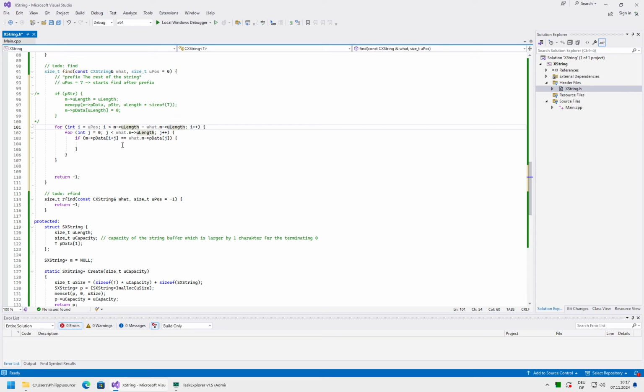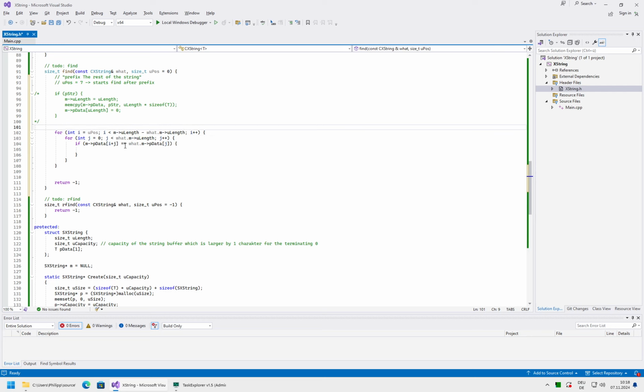There is, however, one caveat here: both variables are unsigned. You later convert it to a signed int, but this means that you will just get a very large number if m length would be bigger than u length. So you should add an if at the very beginning, before the loop, which checks whether what we are looking for isn't actually longer than the whole string you are looking in. Because if that's the case, then you can never find it and you can bail out instantly.